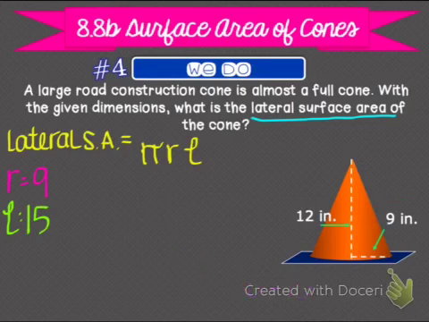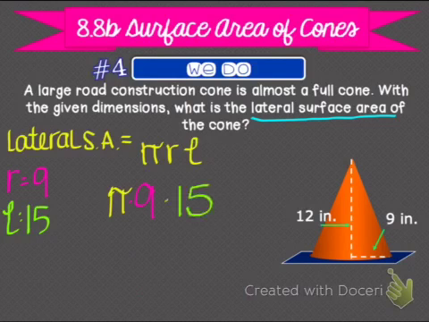So now that we have that, let's work our magic. So we've got pi times radius is 9. Apple pie. Apple pie, Carter? Seriously? Times 15 for our slant height. 9 times 15 equals 135 pi. So we're going to go to our calculator and just multiply by our pi button, which is going to give us